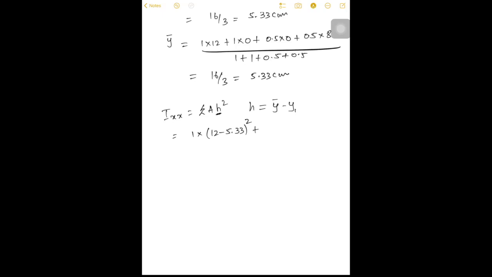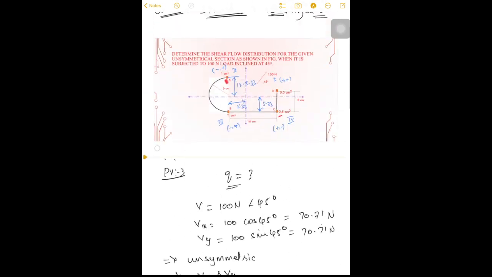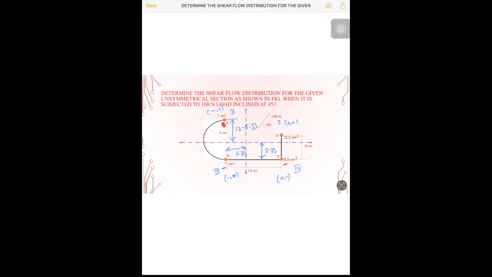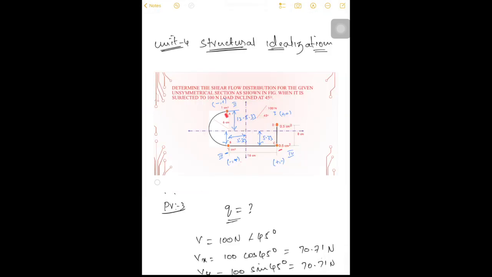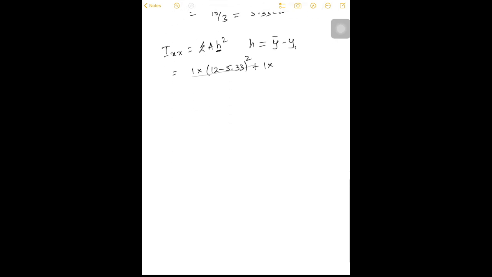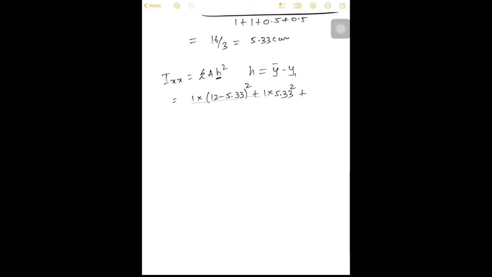Plus for B, the area is 1. The distance is 5.33. It will be 1 into 5.33 square, plus for C it is 0.5. The distance is minus 5.33 whole square. This is also minus 5.33 whole square. Plus for D, 0.5